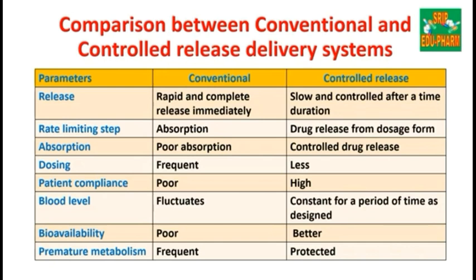So next the release control drug release form is the dissolution control release system. This dissolution control release system is classified into two categories. The first one is matrix dissolution control, and the second one is encapsulation dissolution control. In matrix dissolution control, the drug is dispersed in a slow dissolving matrix consisted of the polymer, and the rate of penetration of dissolution fluid into the matrix determines the drug dissolution and the subsequent release.